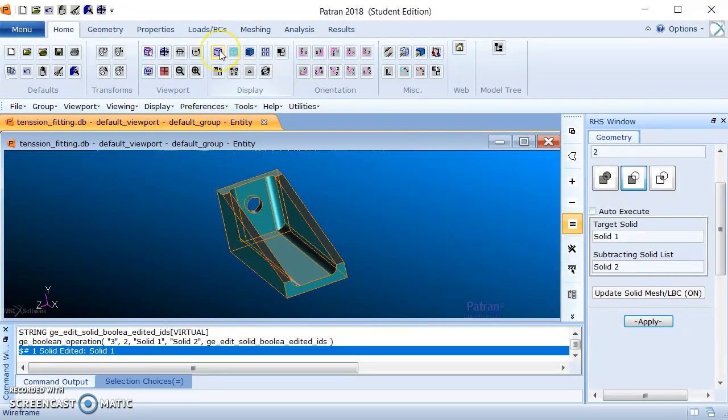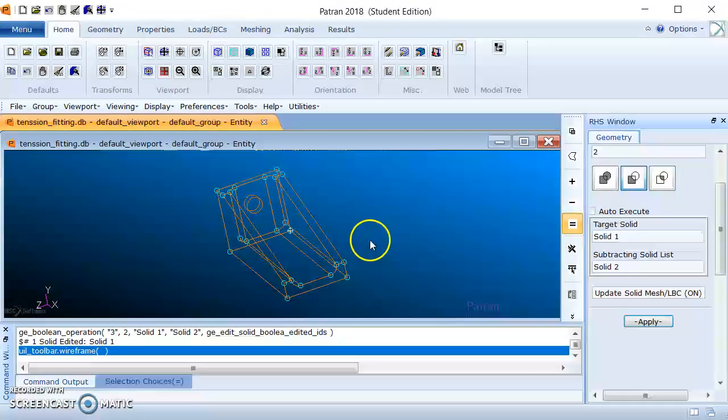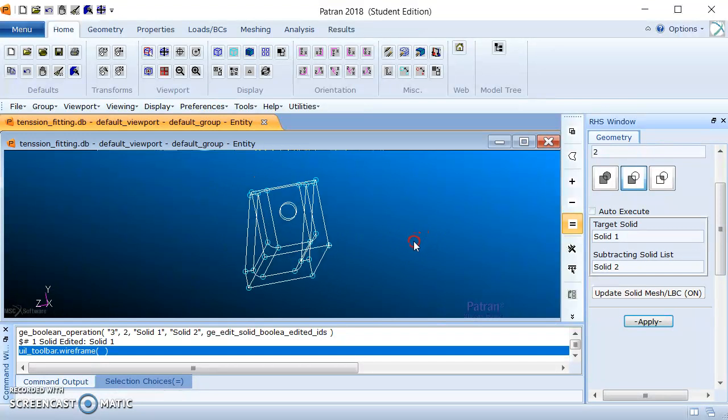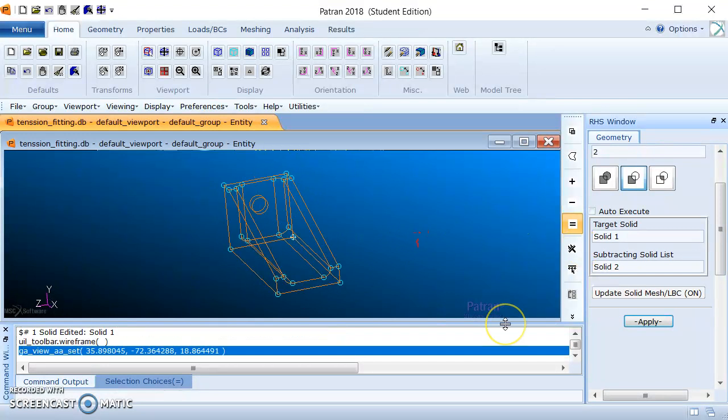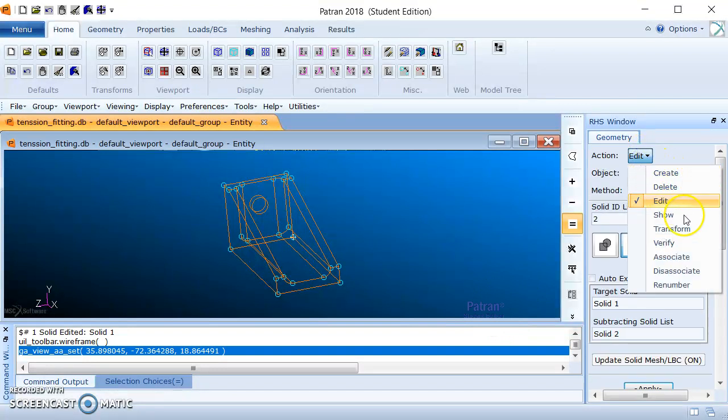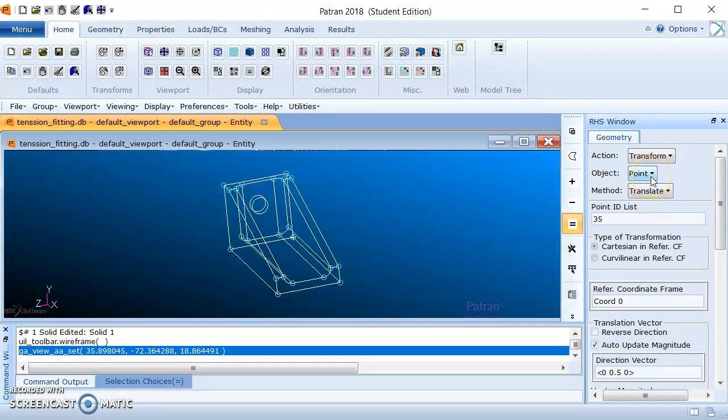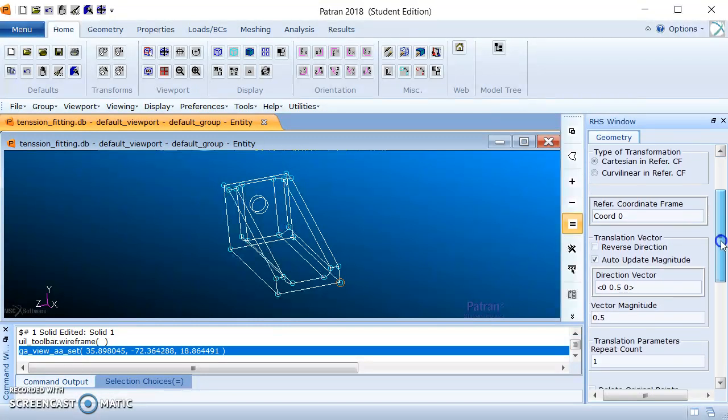Now we click on the wireframe. Now we see all the points and dots. Now we are going to geometry, transform, point, and translate. We're going for the translation vector. It's going to be 0, 0.5, minus 0.5,